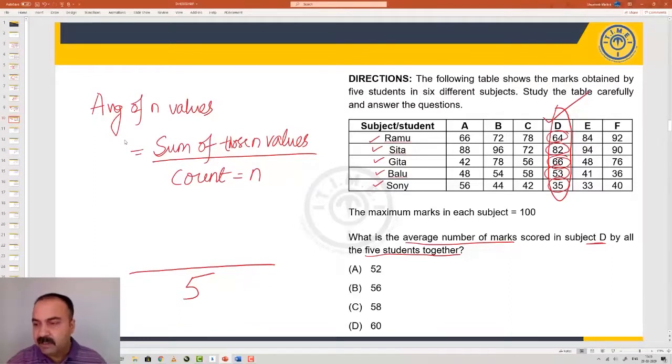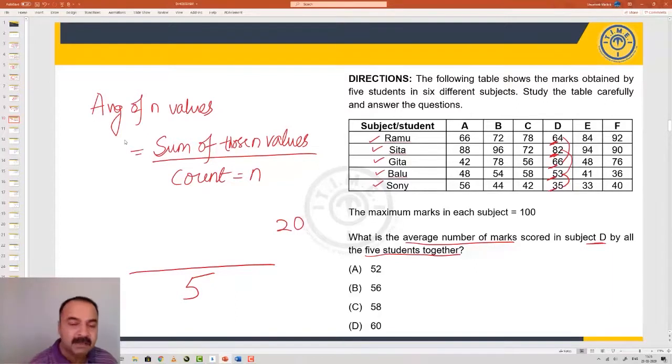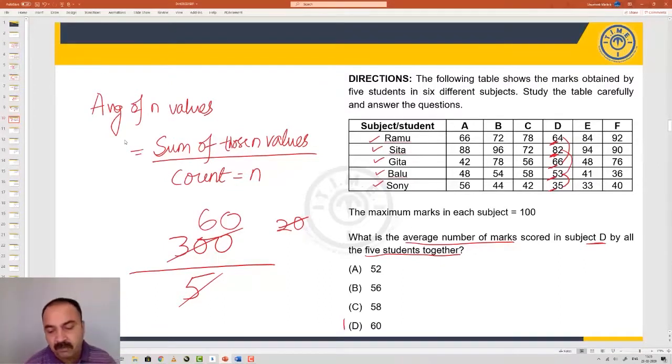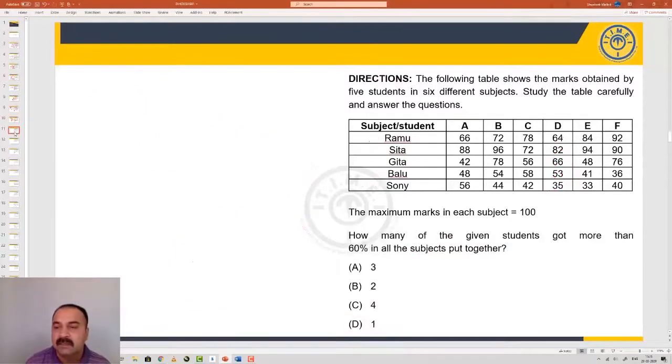So we'll add up these values put together. Now, once again, for the ease of calculation at the initial stage, we would look at a 6 and 4 giving you 10, and 3 and 2 giving you 5, and 5 and 5 giving you 10. So 10 plus 10 will give you 20. So you would have a 20 available. Then you have a 60 and an 80, 140, 140 and a 60, 200, 250 and 280 plus 20, 300. So therefore, in totality, 280 plus 20 gives you 300. And this is a very simple calculation for an average. The average score for all the people put together would be 60, which is your answer to this question.